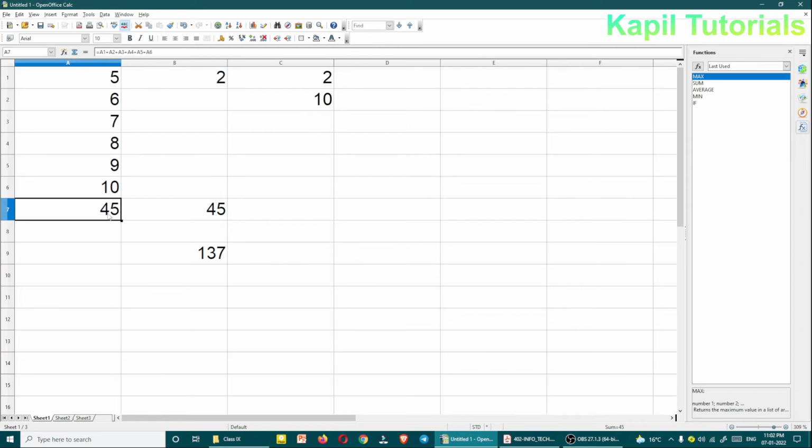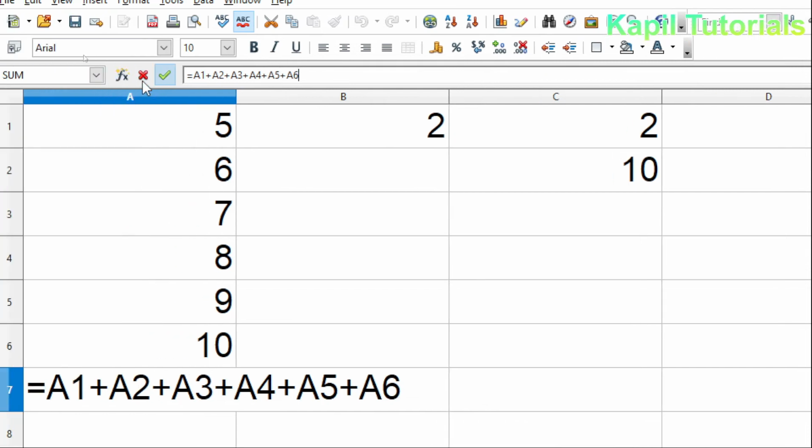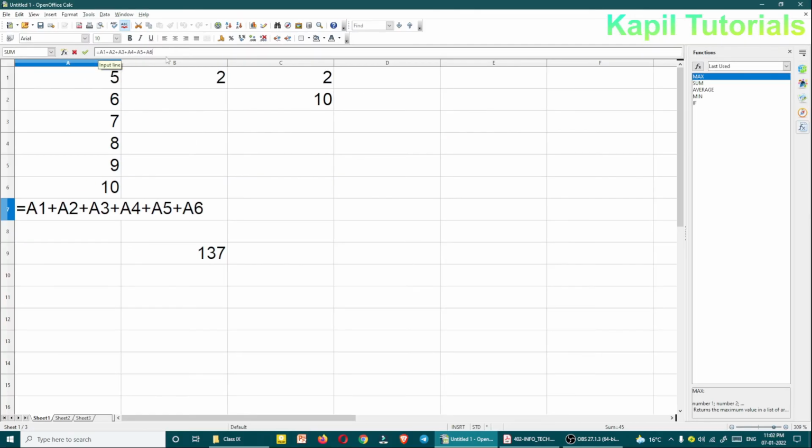Even you can add it in any cell, or you want to see the formula, I have told you either you can use F2 or double click it, or either you can go on the top here, this is actually the formula bar. Here also you can see what all we have typed. So I hope this is clear to you.